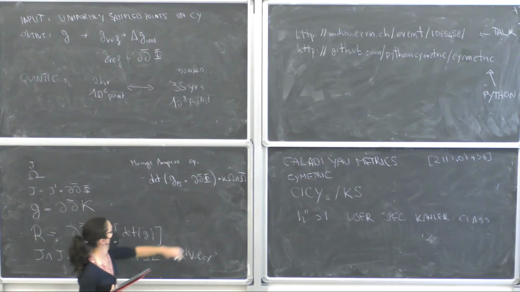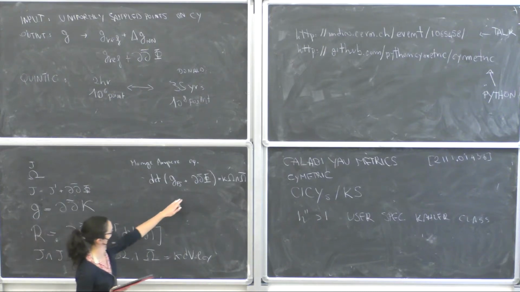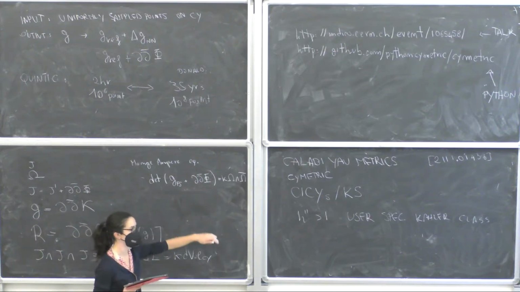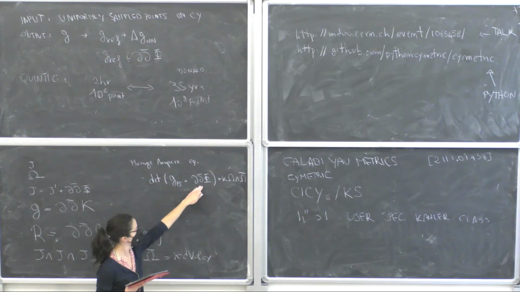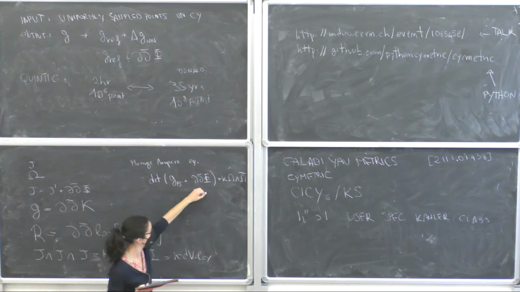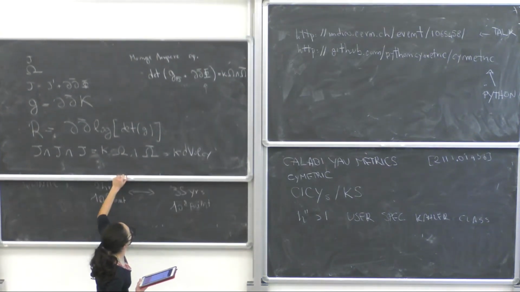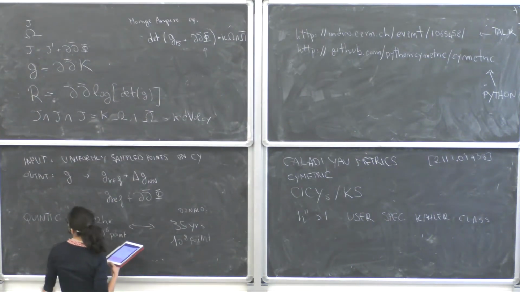But in practice, apparently, this is the only way that you're not changing the Kähler class when you're applying this correction. So the only way of making everything consistent was to actually compute the value of phi, and therefore